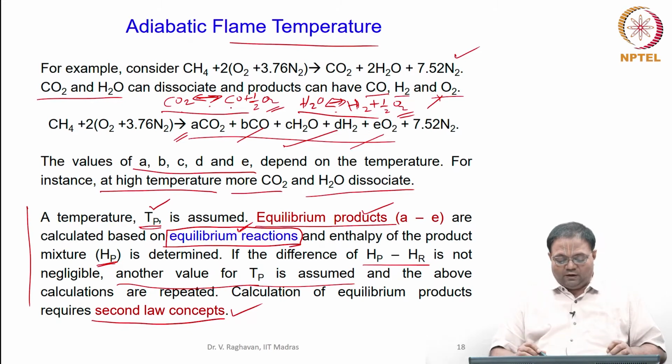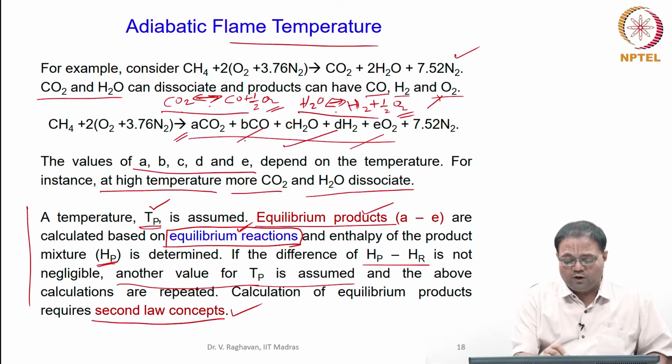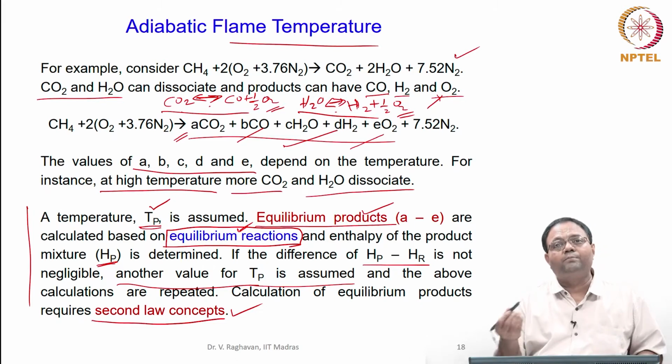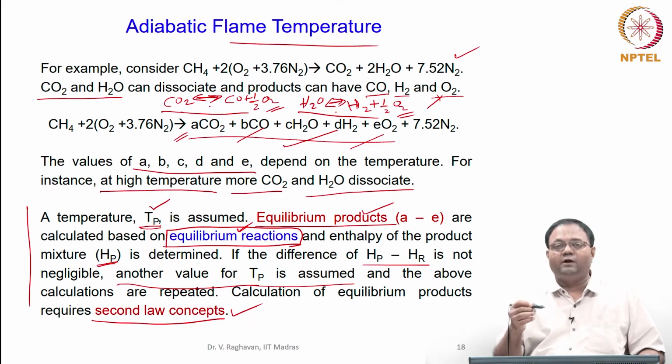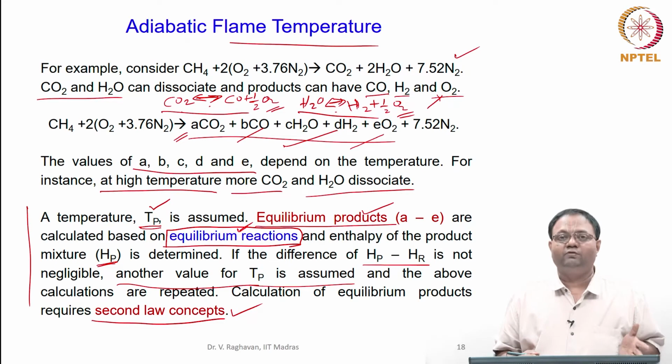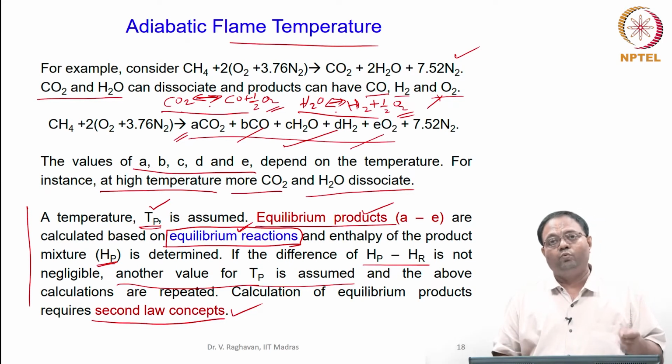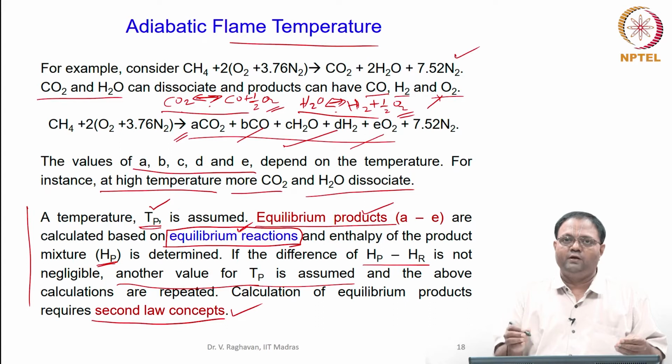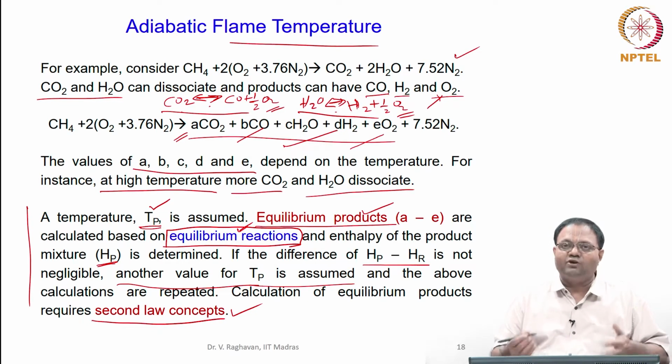But please understand that the number of moles of this product is dependent on temperature itself. That is the main problem here. That means your iterative process becomes more complex. Previously we saw that for adiabatic flame temperature, even if the product composition is known, we have to first guess the temperature and find HP, compare it with HR and see whether they are equal, or else you have to re-guess or iteratively solve for this temperature. But in this case, you have an additional step.